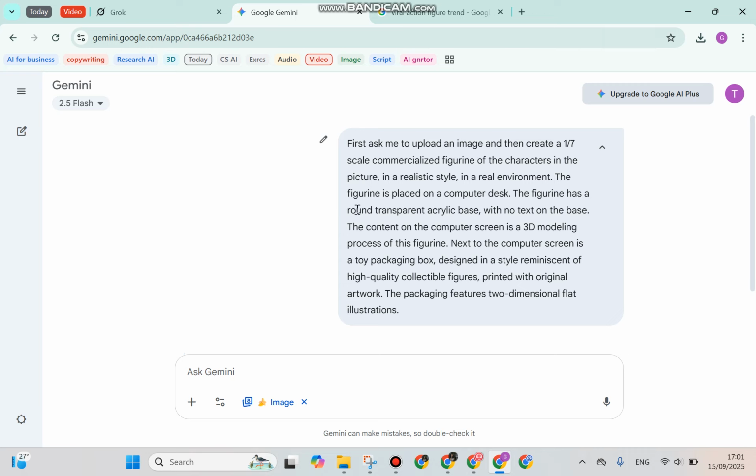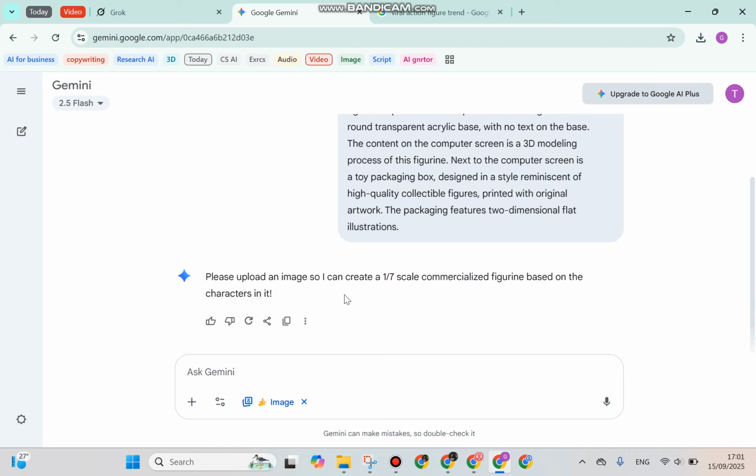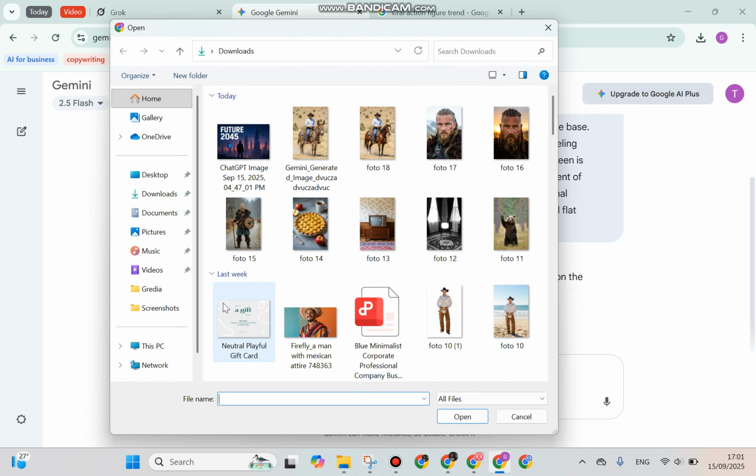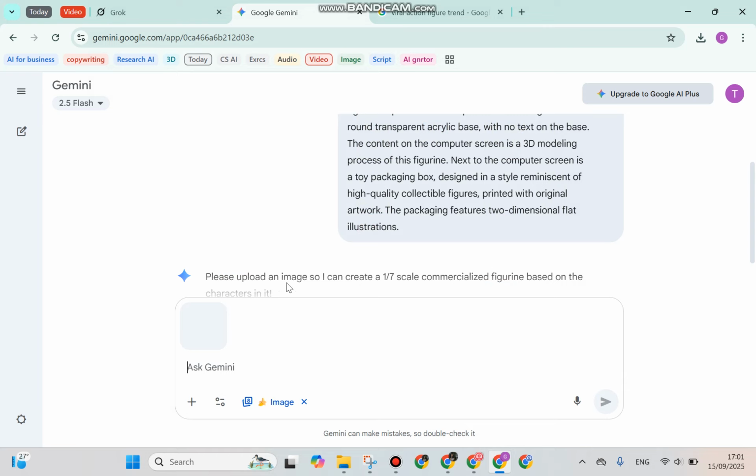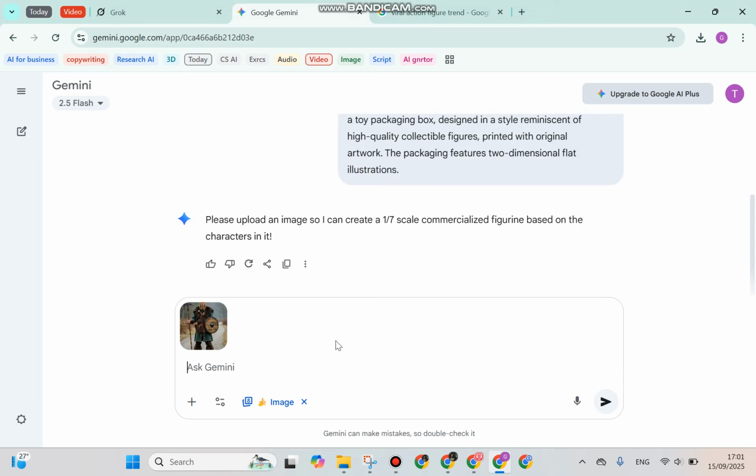You can ask this nano banana to create this figurine. And after that, you can go to upload your image. For example, I will choose this one. And you can continue to respond to this Gemini AI: create this picture into the figurine